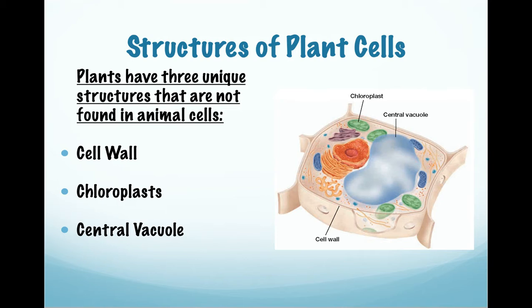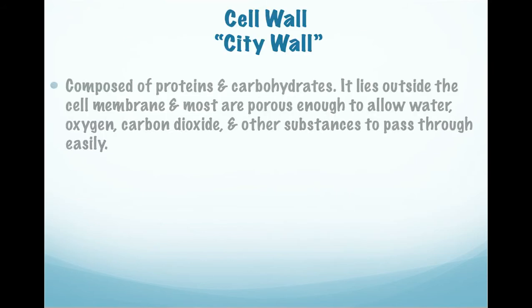There are three structures that are different in plant cells, and they are not found in animal cells. They are cell walls, chloroplasts, and a central vacuole. The cell wall, I like